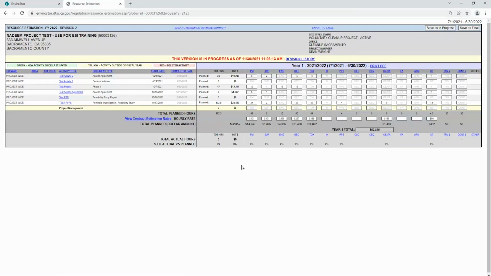Once you've completed all your updates, the Resource Estimation Worksheet can be saved as In Progress or as Final. As mentioned, a Resource Estimation Worksheet should only be saved as Final after your supervisor has reviewed it. The Resource Estimation Worksheet will also keep tabs on the actual hours spent for each task and classification throughout the year. Project managers should review the current fiscal year Resource Estimation Worksheet often to track how your estimated versus actual